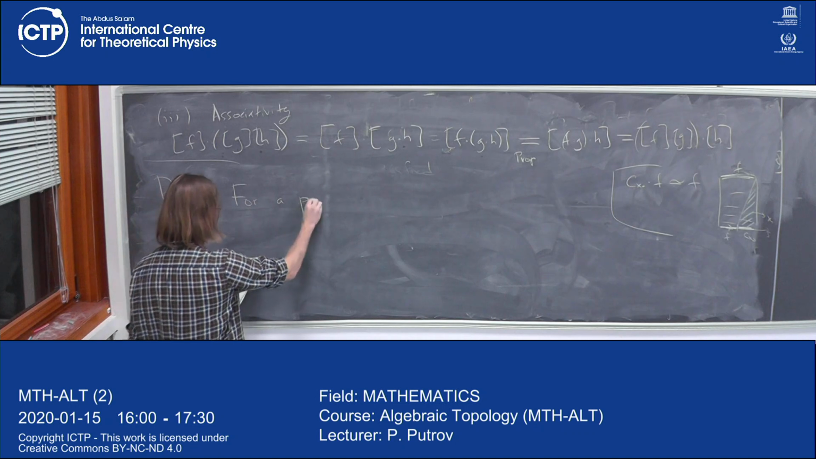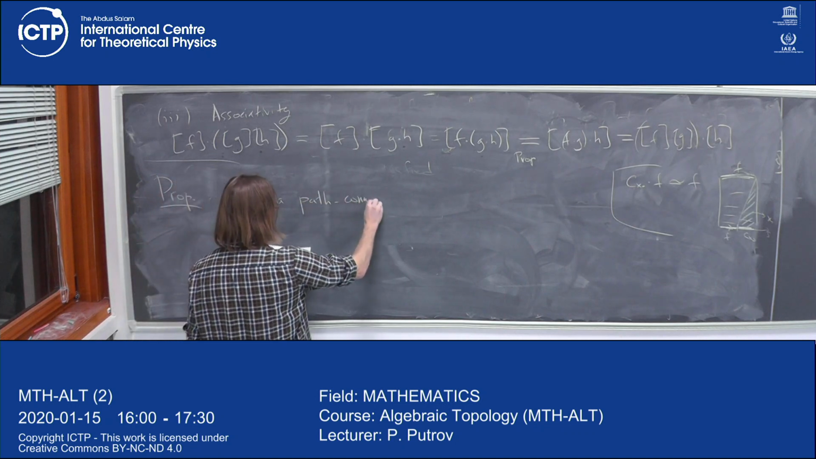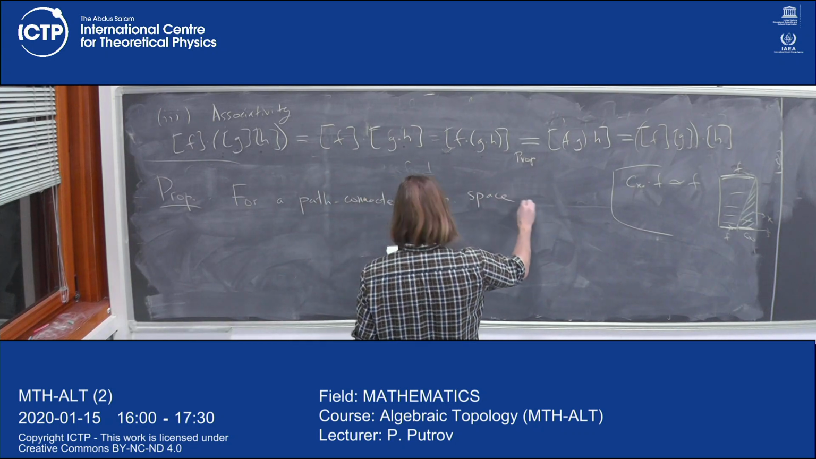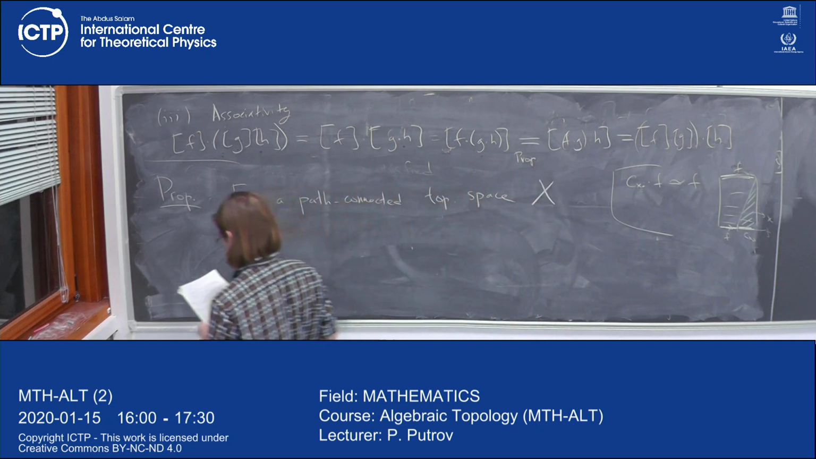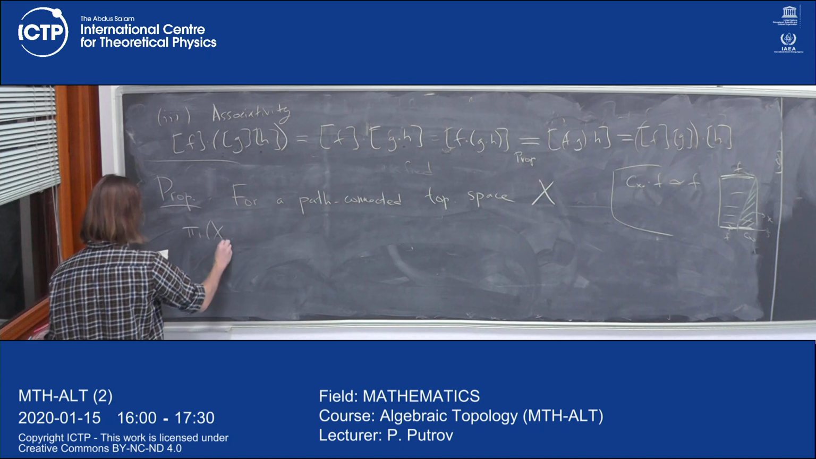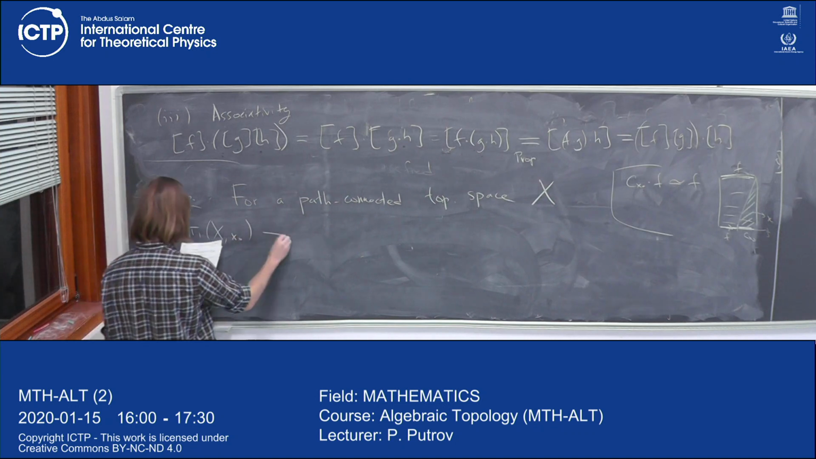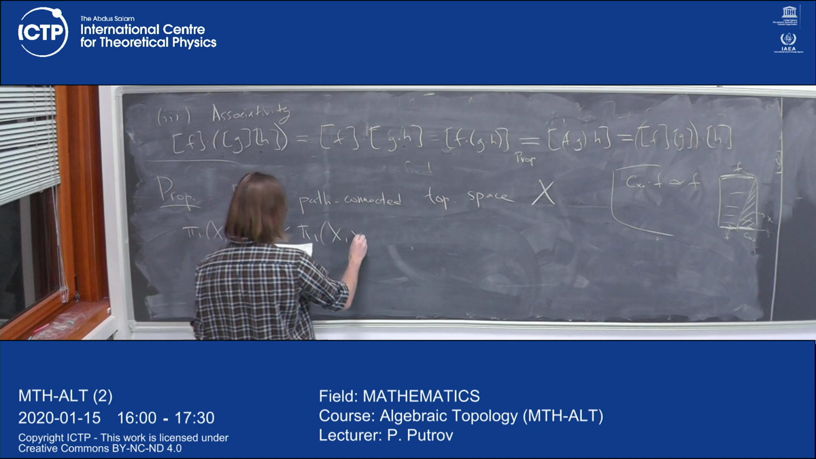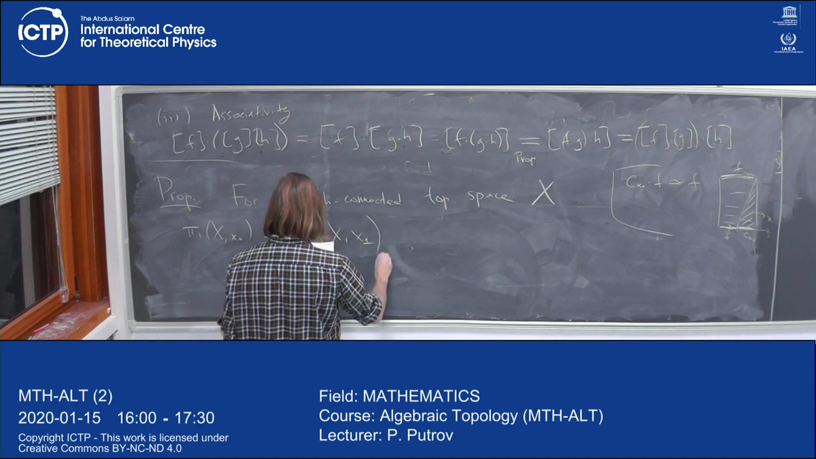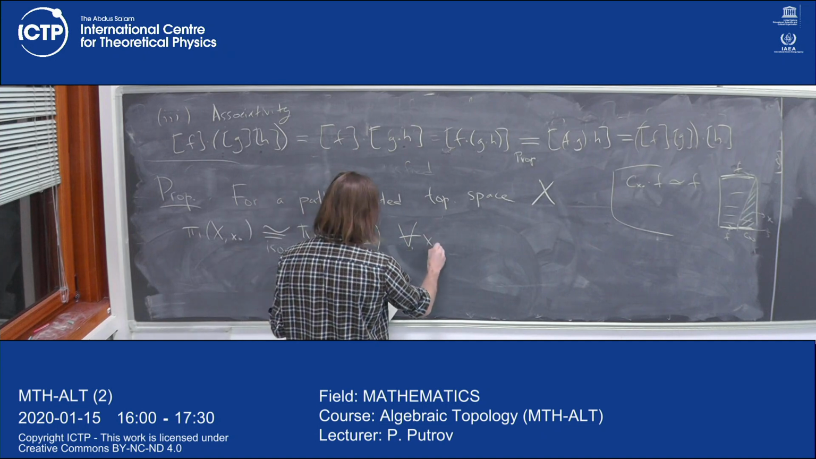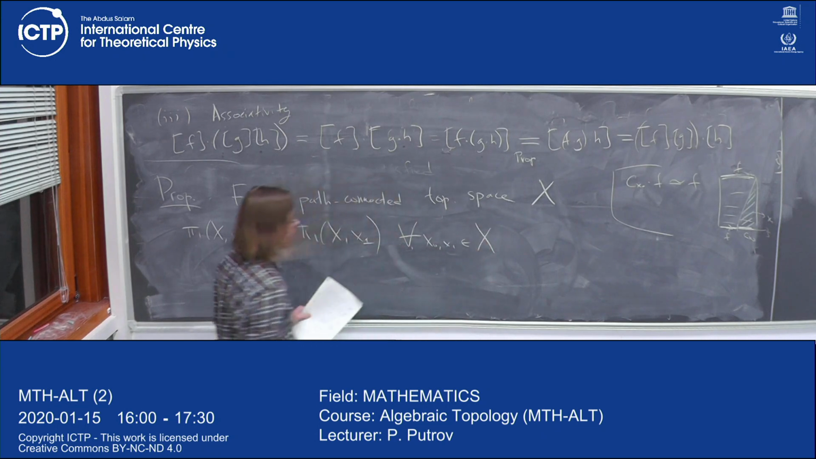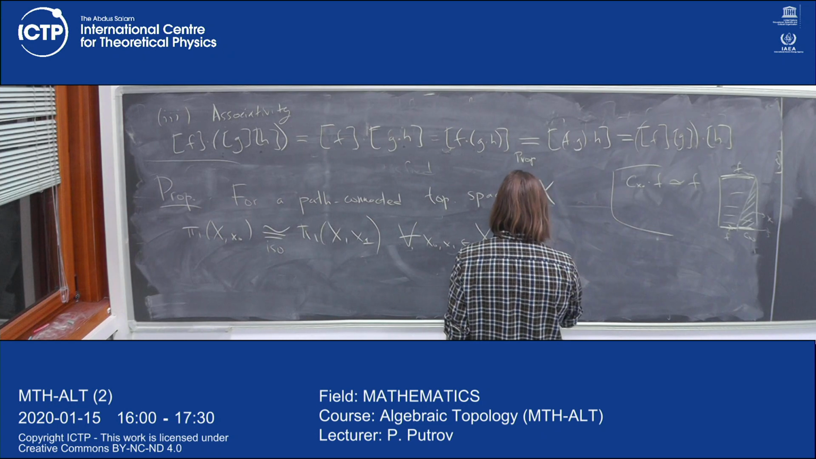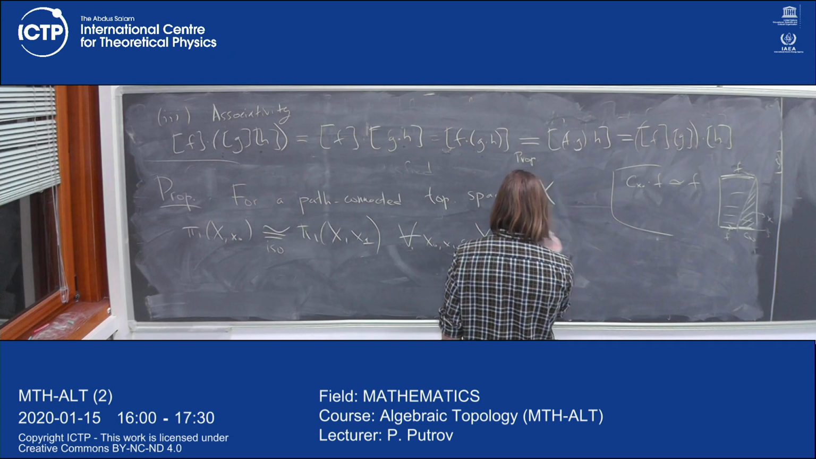For a path connected topological space X, the fundamental group defined for base point X0 is isomorphic to the fundamental group defined for base point X1, for any pair of points in X, which means it follows that